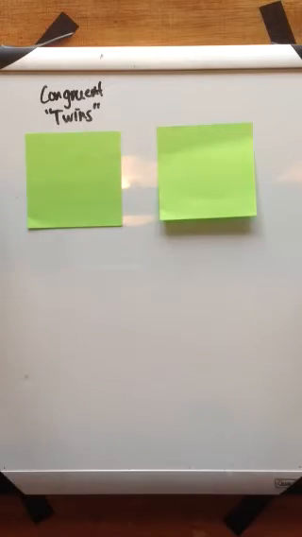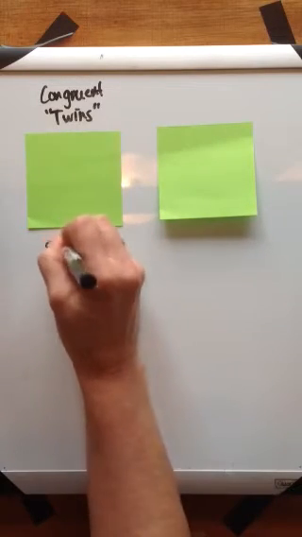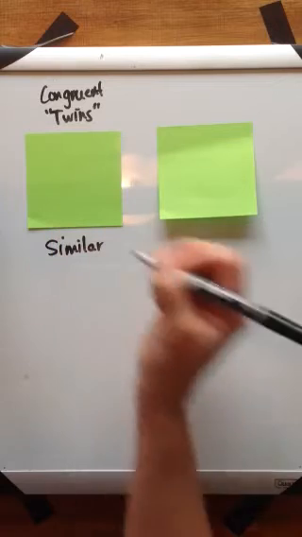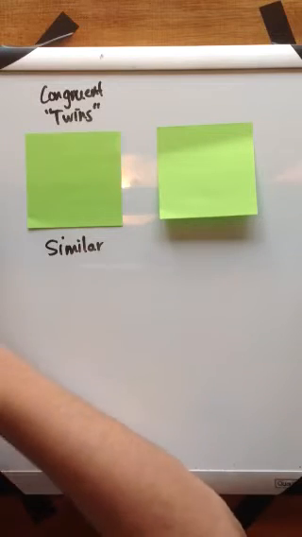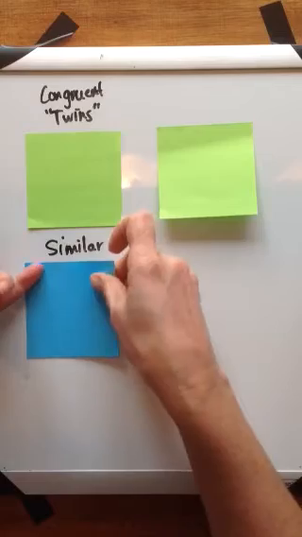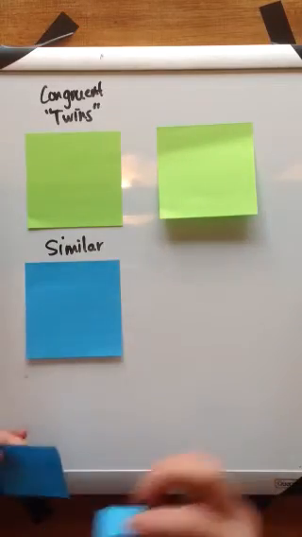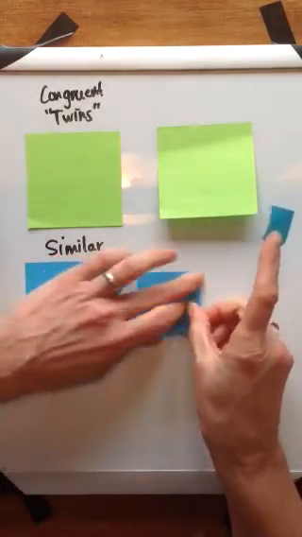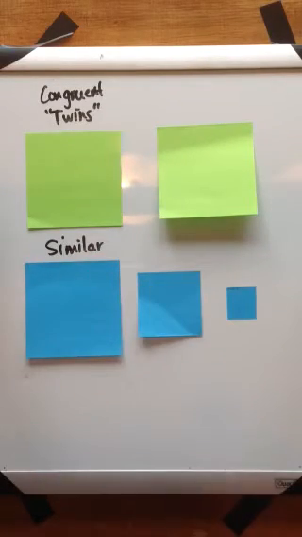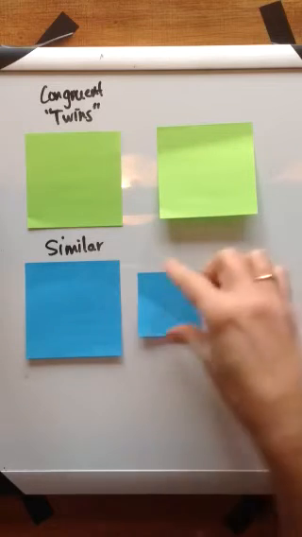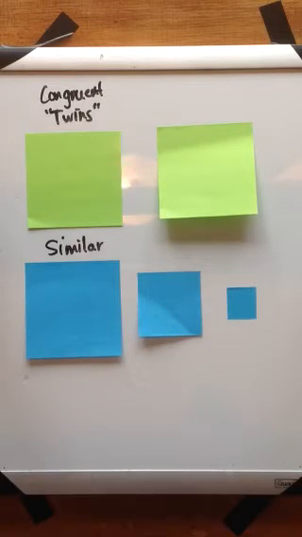Okay? What I like to do is compare that to things that are similar. So similar might be like siblings. You could say to them, oh, you can tell that you're siblings, but they are not identical, not like twins. So similar would be, for example, a square that is this size, a little mini-me or a mama bear square. We have Papa Bear, Mama Bear, and Baby Bear square. Now the reason that they're similar is because they have the same shape, they're all squares, but they're proportional. So one is a smaller version of the next. I like to call them mini-me's